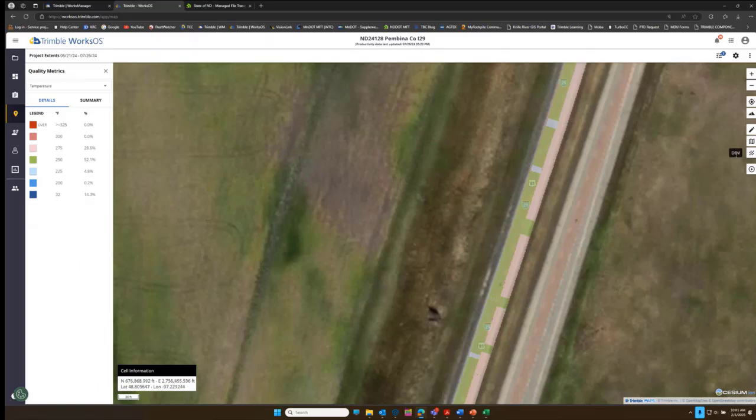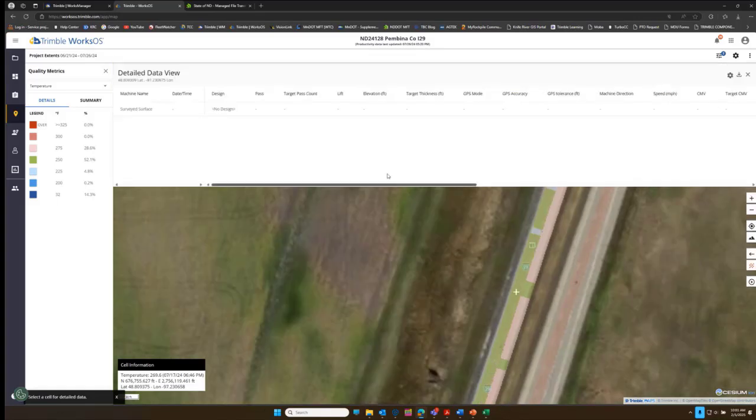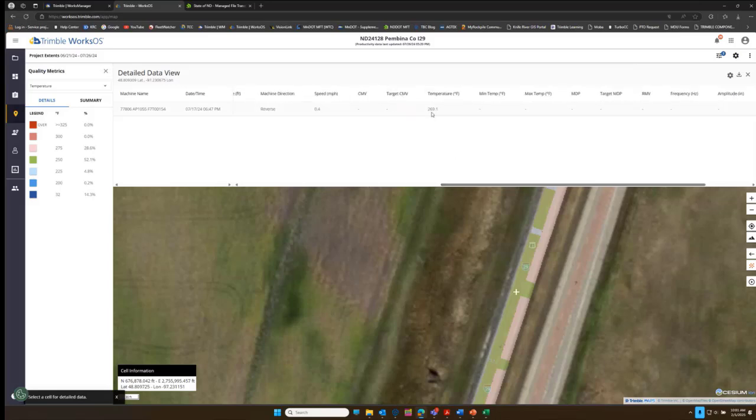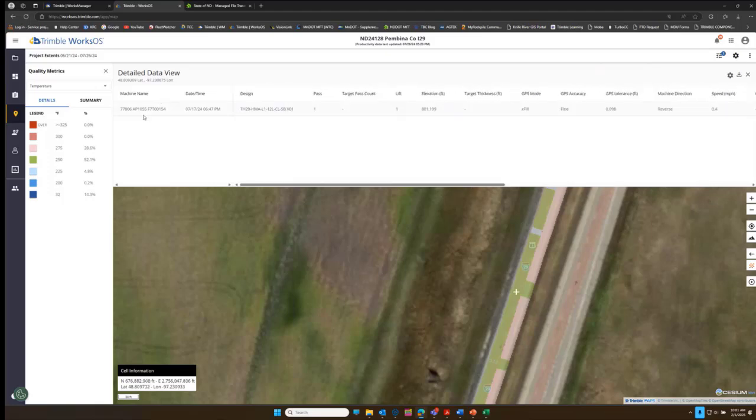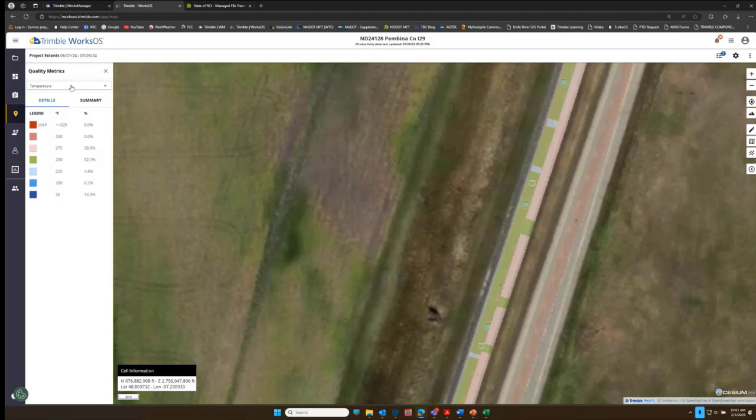One cool thing is there's a DDV on this platform. I don't think all of them have this, but if you click that and click on the data, it'll actually show you the temperature at that spot. So kind of cool. And you can do that with the rollers as well. So if I put this back to pass count,